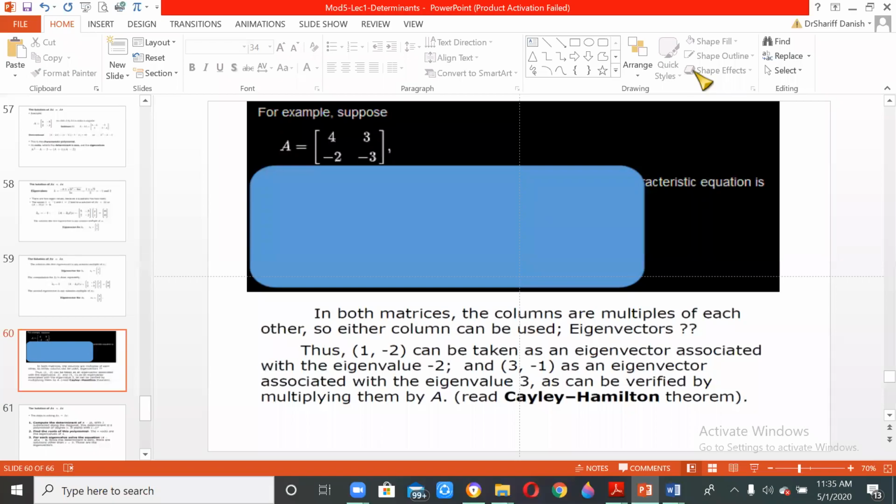Okay, continuing from where we stopped in the earlier video. So this problem you can solve on your own. Given the value of A, you can find out the eigenvalues and then the eigenvector by following the same process, whatever we have done till now. Then we'll go for the